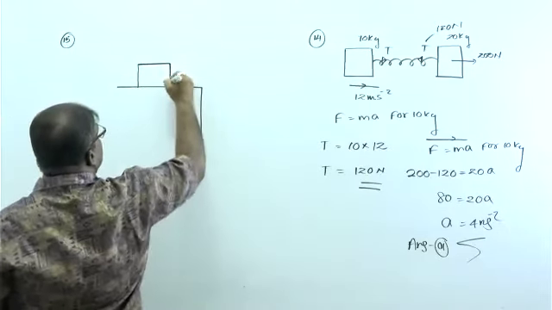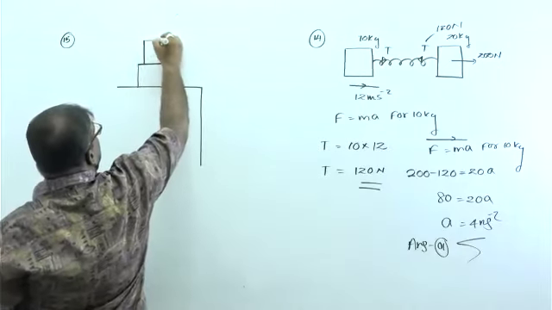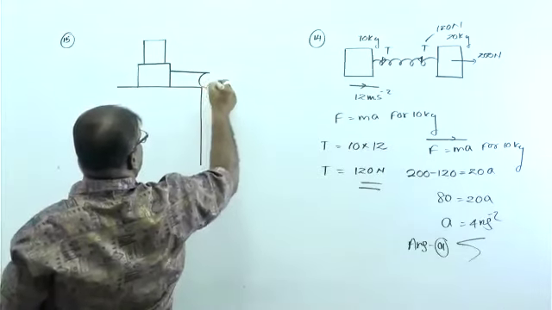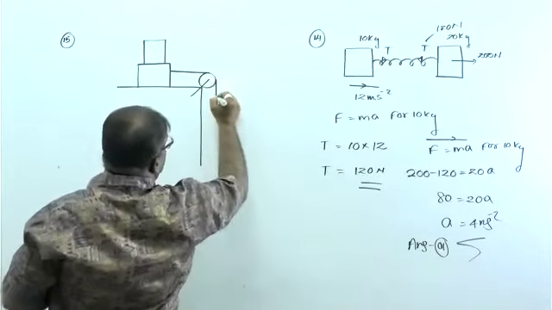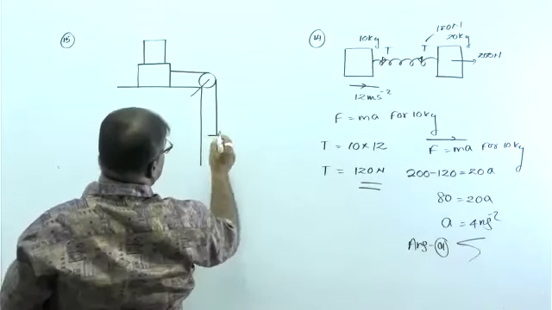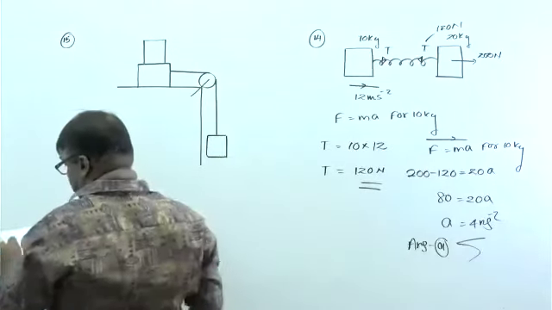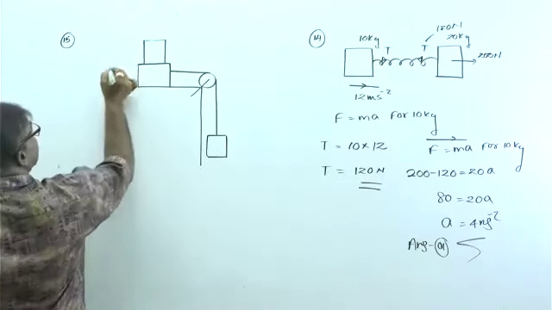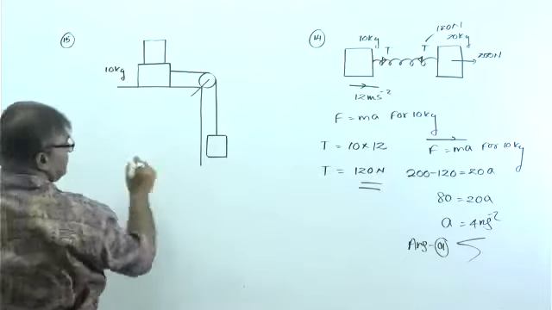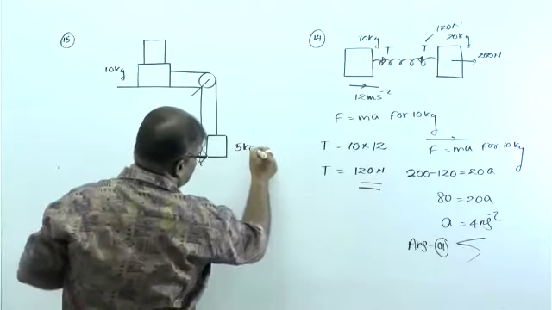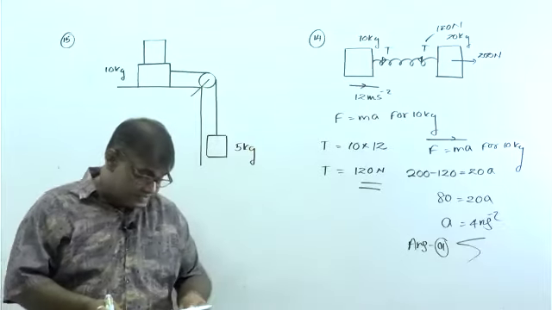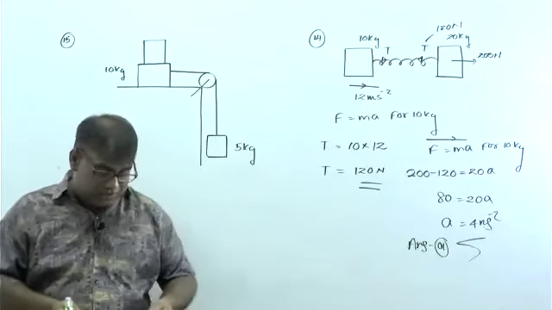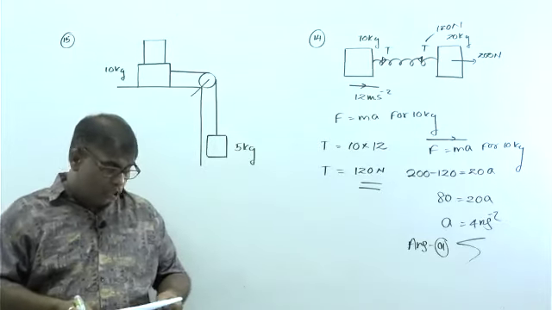One object is placed like this, and another, here, is a suspended mass B. Respectively, this one is 10 kilogram and this is 5 kilogram. Okay, right. What's next? They are connected with a string passing over a frictionless pulley fixed at the corner of the